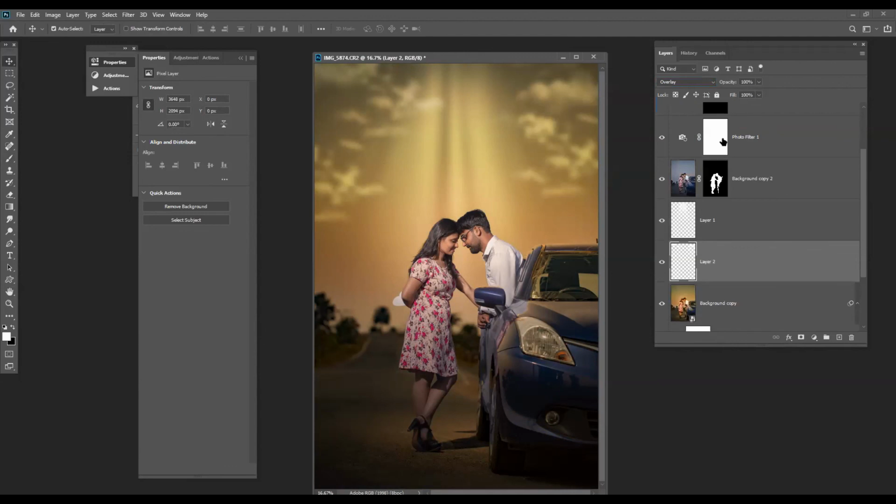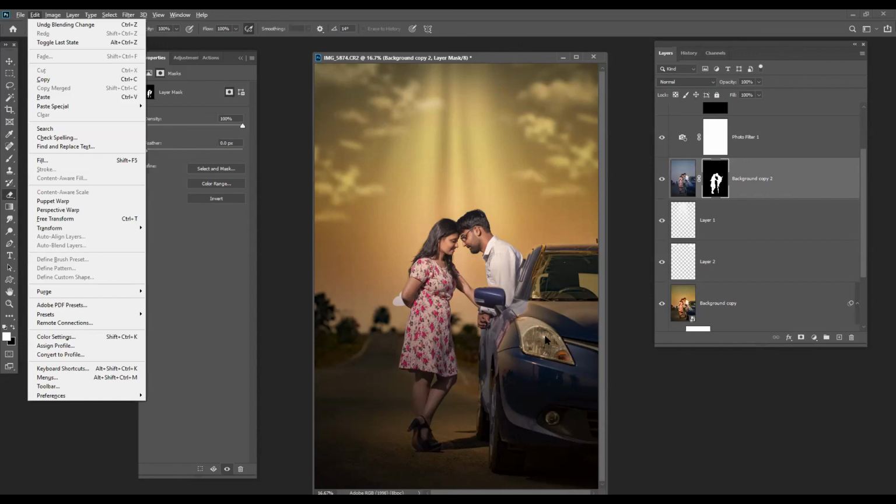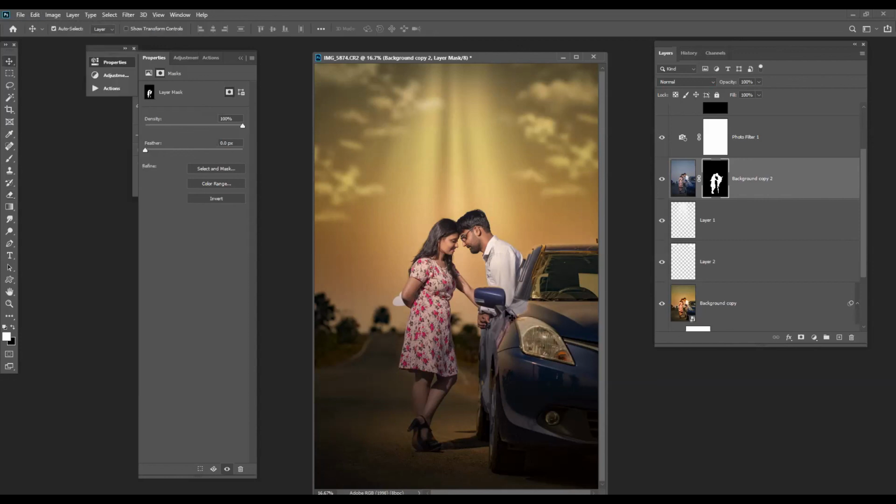Now we can mask out. We have 2 options now. Either we can mask in the colors in the car and bring the yellow tone in it to go with the mood, or we can mask out to keep the color tones as it is.